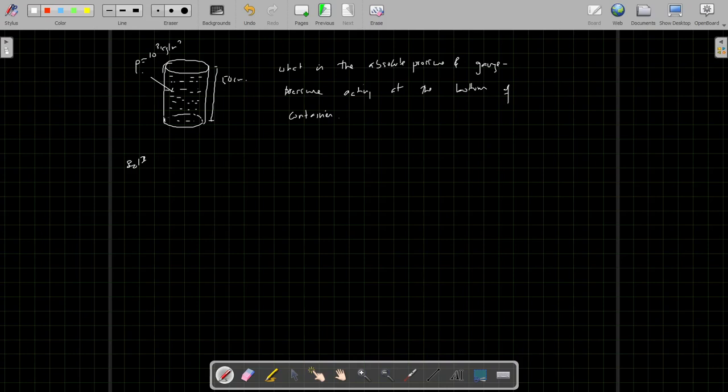To find the bottom pressure, P equals PA plus H rho G. The pressure at the bottom would be 101,300 plus H rho G, 50 centimeter, that means 0.5 into 1000 into 10. I am taking g as 10, you can take 9.8. So if we solve this,